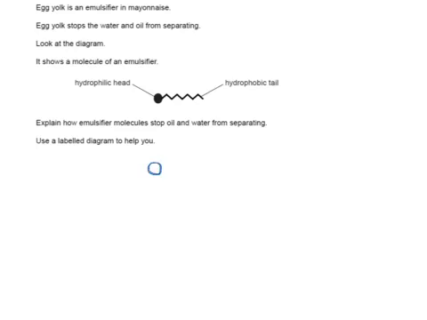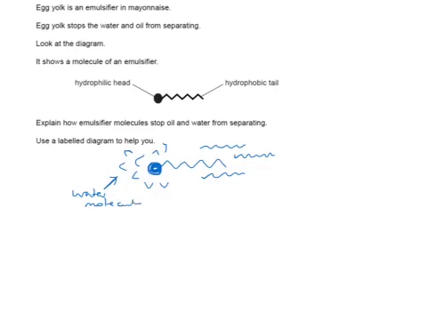We might start by drawing such a molecule as they've given us in the same sort of way, and then showing some water molecules attracted towards the hydrophilic end. We then may show some oil molecules, which I'll show as zigzag chains attracted towards the hydrophobic tail. Then might say or label that these are water molecules, that these are oil molecules,